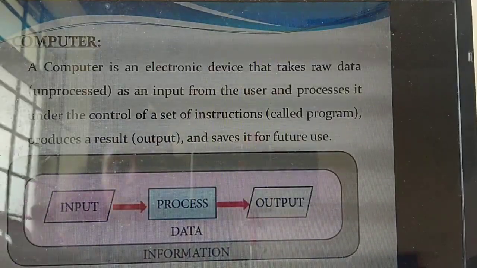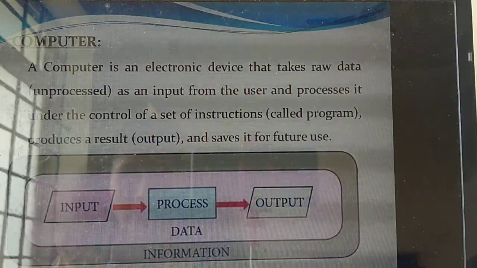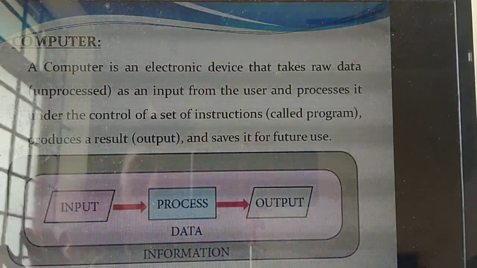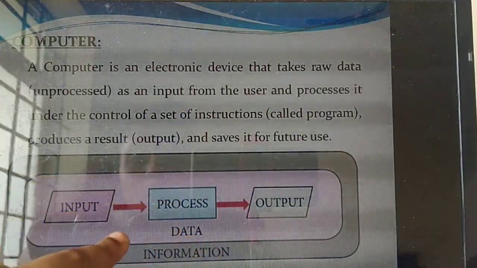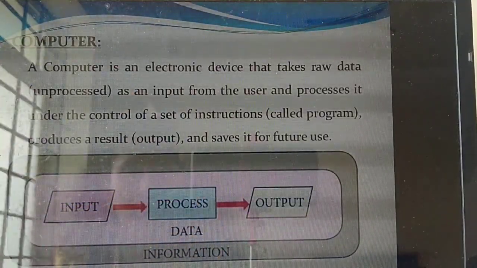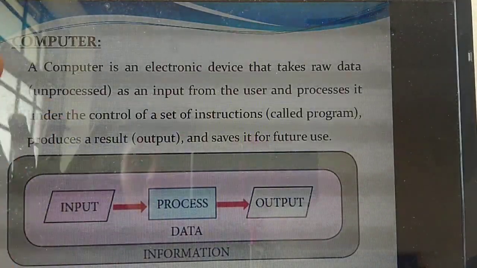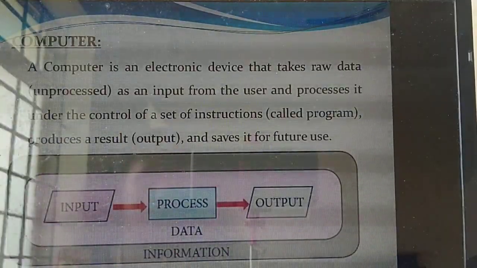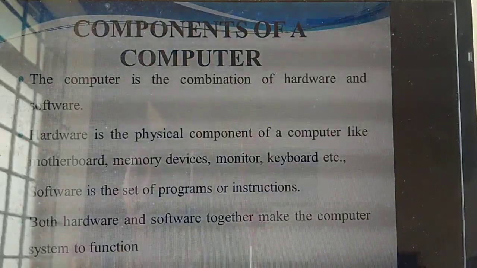Some user is giving input, that input is taken from the user, and who is processing the data? The computer is processing the data, and you get a particular output. So this input, process and output together, what do we call this? Data. That means input is data, process is on data, and output together, altogether, gives us information. Understand now? Yes. Next thing.